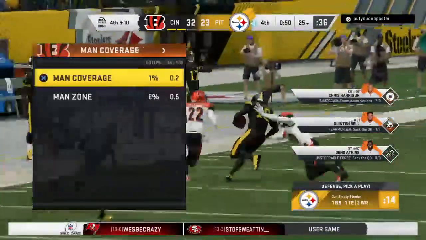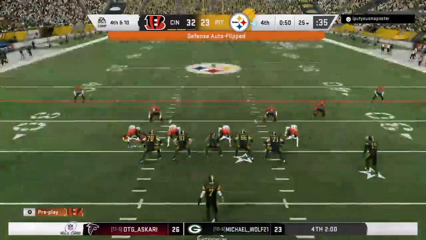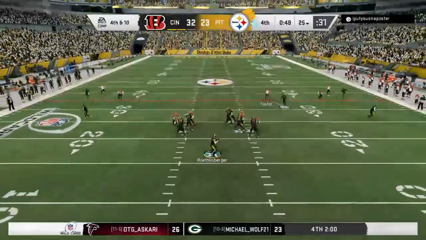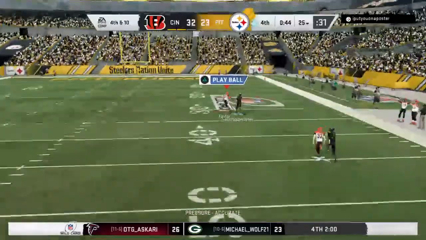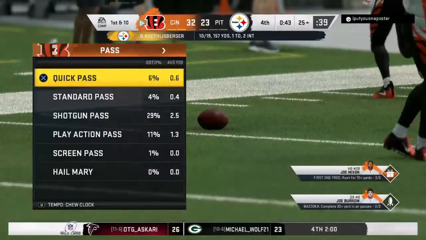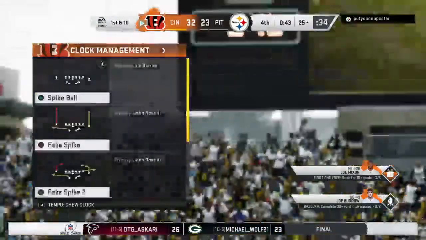Now yet another incompletion here as they fail to connect on third. And they're indeed going to go for it here on fourth down. So trailing here in the last quarter. Let's see how this plays out. Roethlisberger. Now a desperation throw deep downfield. And that is incomplete. They had to go for it with such little time remaining. And as a result, their playoff run may...